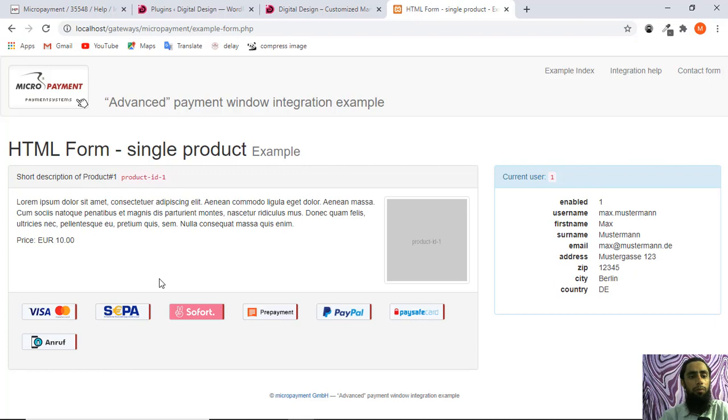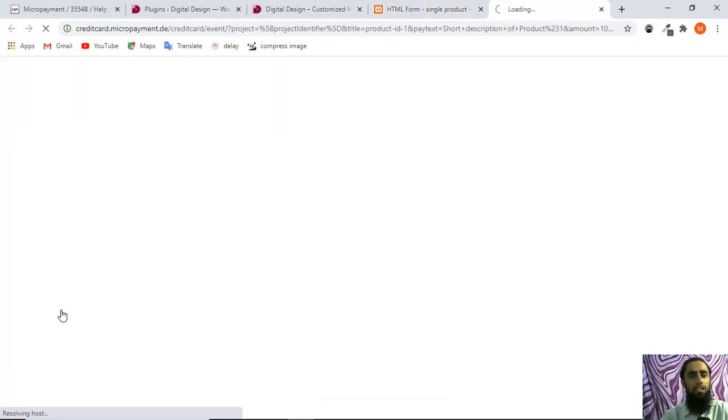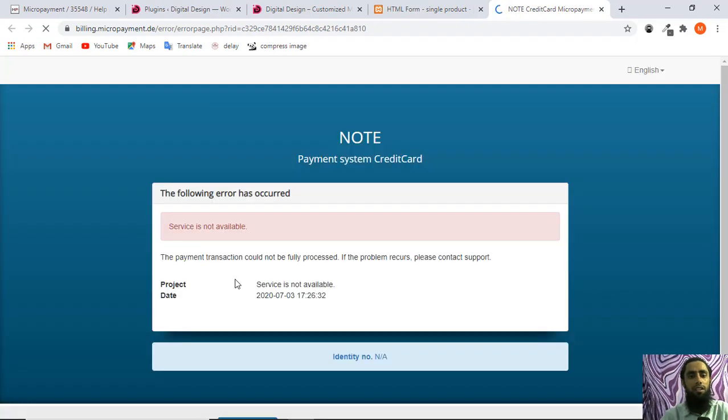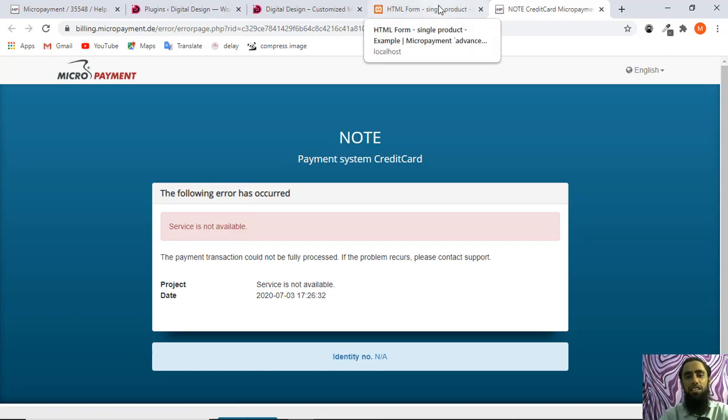So we need to add the project details and the access key. Here we have multiple methods. They have also provided the dummy code, test data and products they have already created, and we get all the information over here. If we click any one of these payment methods, we will be redirected to that specific page, and from there we can do the payment. I already told you that I have not added the access key.